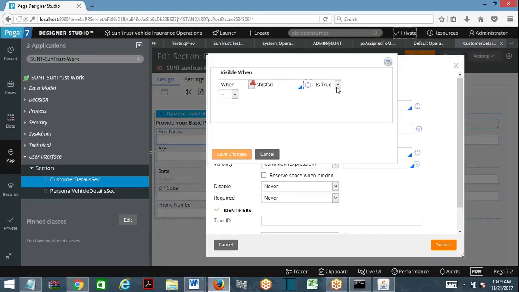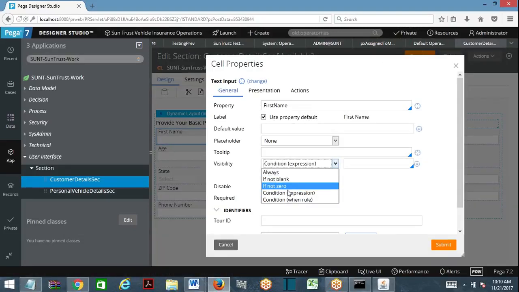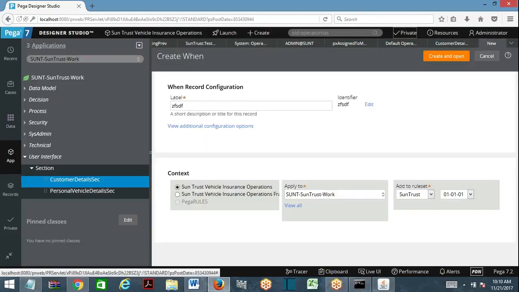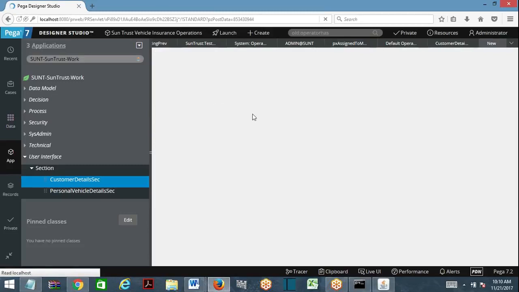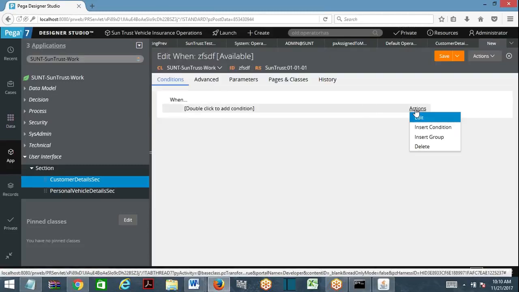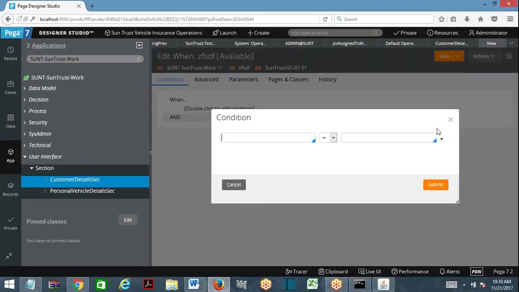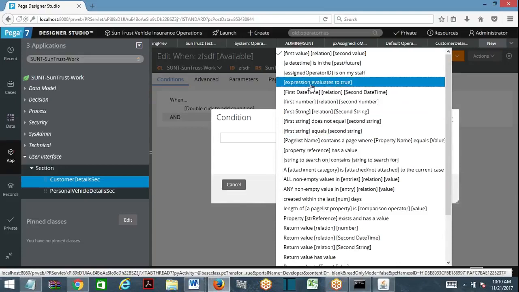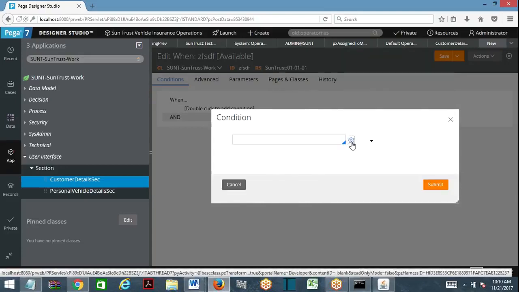Hang on, cancel this condition. In the when condition, I'm giving some condition. In this condition, I'm going to use the expression builder. Insert condition, insert group, delete. Insert condition. What is the condition?